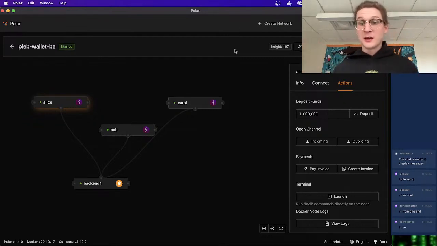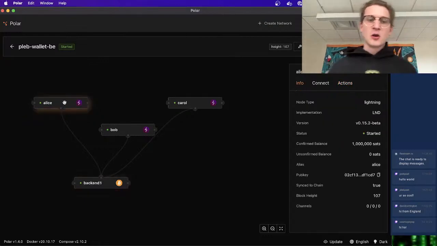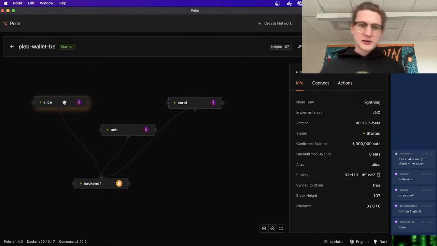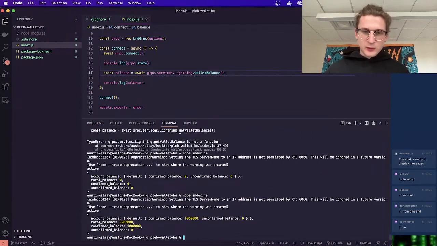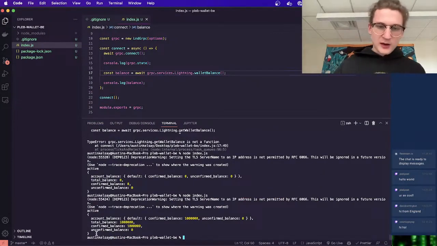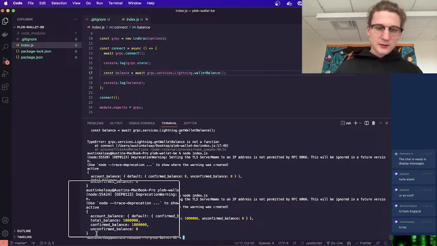And also get them in a Lightning channel as well. Well, not really a Lightning channel, but spawn our Lightning node from our Bitcoin backend. So Polar took care of that for us. And we now have this 1,000,000 sats balance. So let's run this again, and we see here that we do indeed have our balance. Very